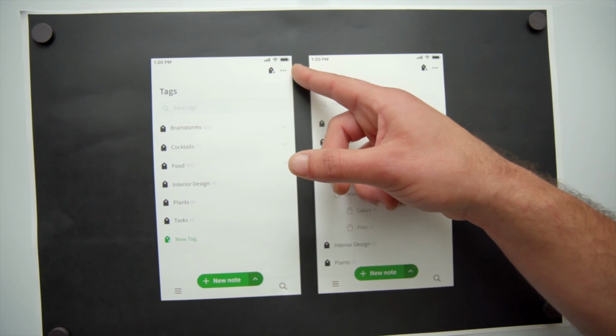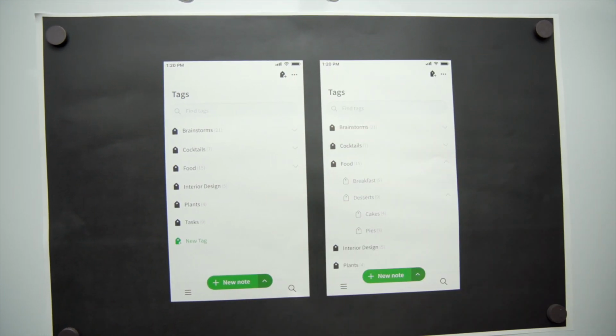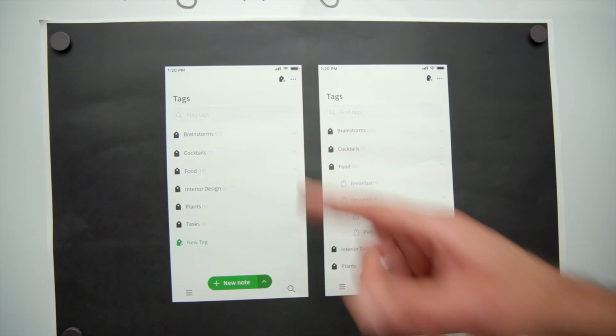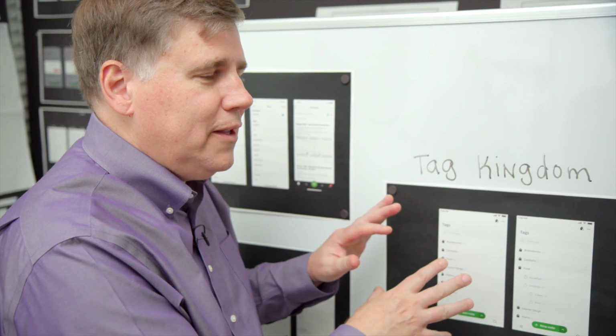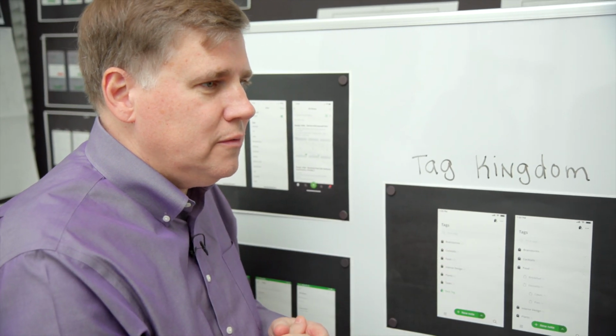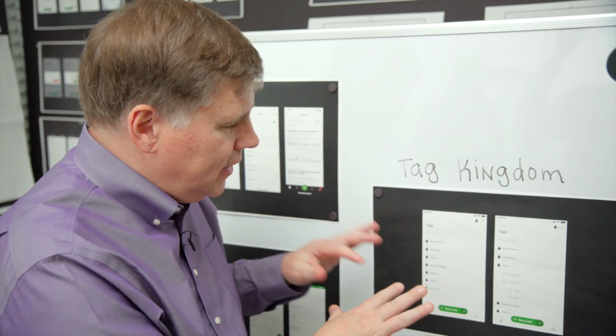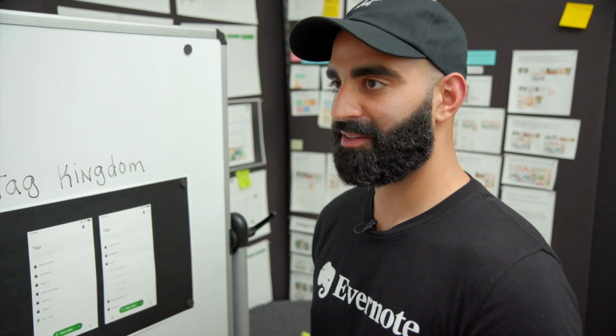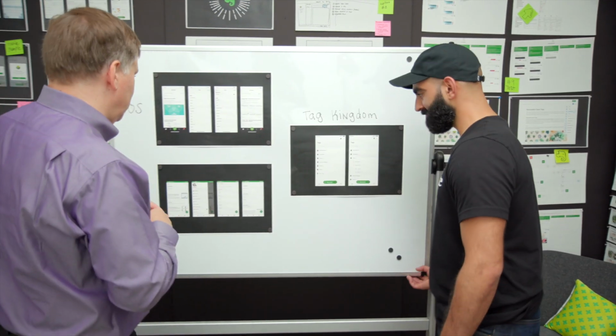Through the overflow, you'll be able to sort and manage, and you can also pop any of these open to view your nested structure. So at this point, we're already well beyond anything we have today on iOS and Android. We are. That's a good start. This seems to me like a really good foundation for an improvement to the tags design on mobile. Right, exactly. Big step forward. So let's take a look at what else we've got.